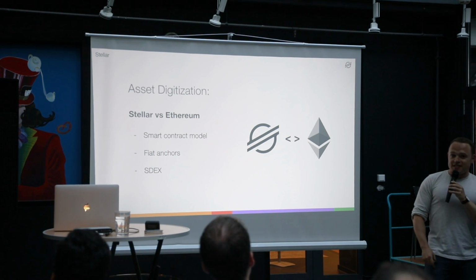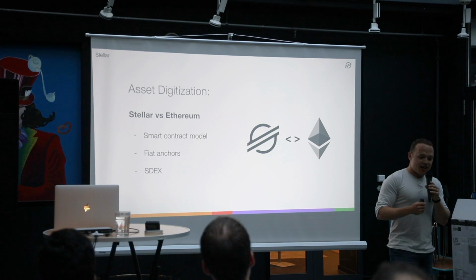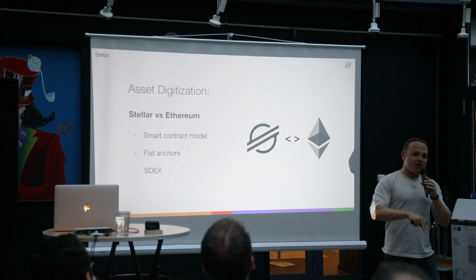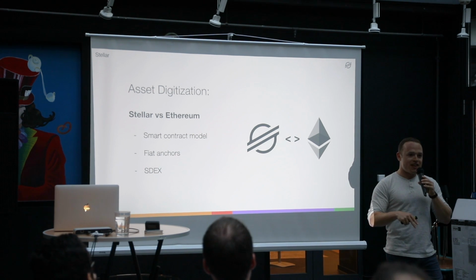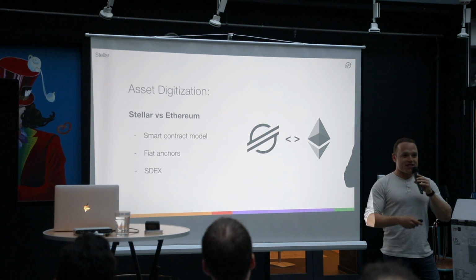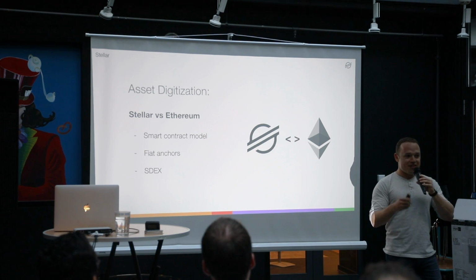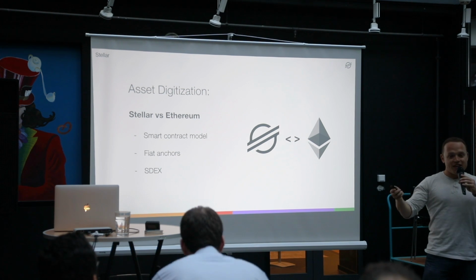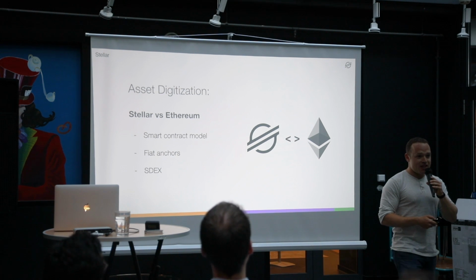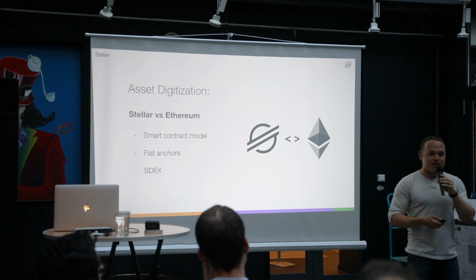And so the first is how the token is actually created and administered and managed. In Ethereum world, every token is its own smart contract. And you bake in all of the trade restrictions into that smart contract, which allows you to do very interesting things, but it's extremely hard to manage over time. You can't just go and make a change to the smart contract. You have to pull it off the chain, and everything goes down for a while until you fix it, and then you reload it. And this happened, I think, with Blockchain Capital, which was one of the first security tokens that was launched. It's extremely powerful, but once it's there, it's very inflexible and it's hard to work with.